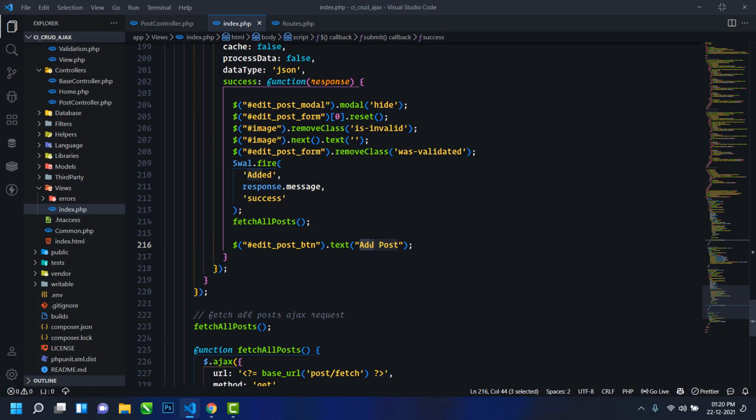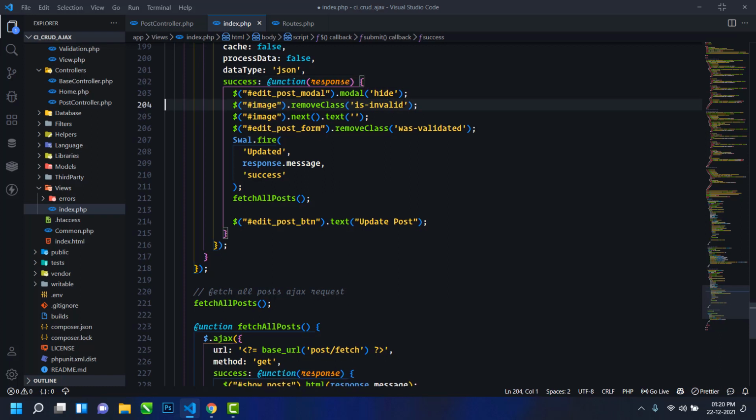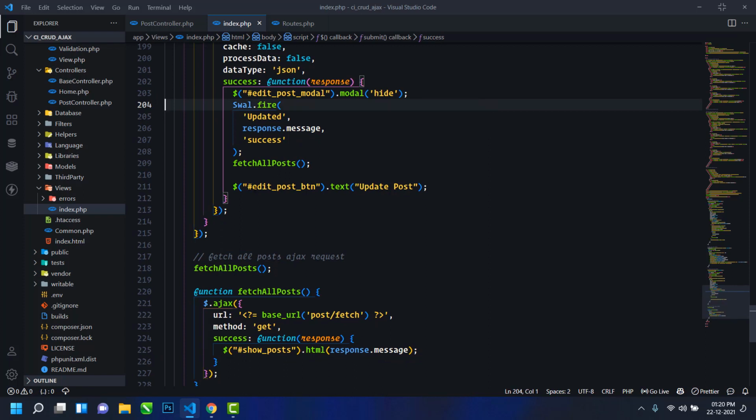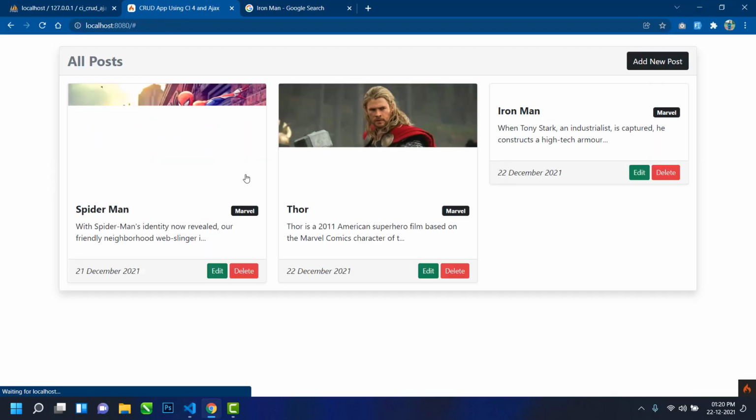And here just write update post. Here just write updated. When the post is updated successfully, then we will hide the modal only. We will not reset the form, so just remove this line. Also we do not need these two lines, also we do not need these two lines. Only this. Save and go to browser, refresh.